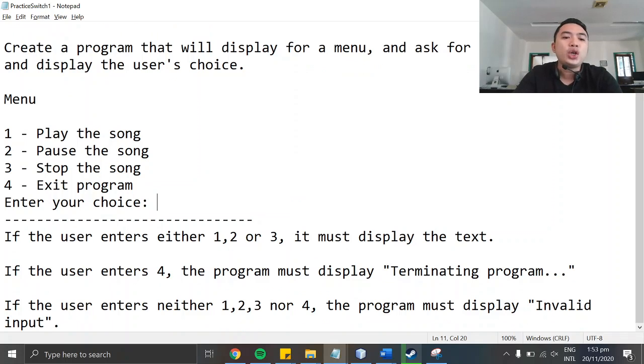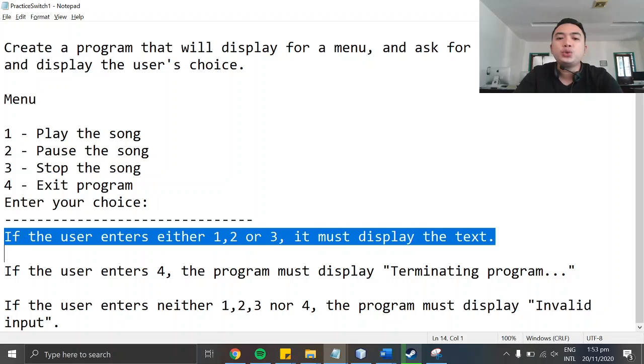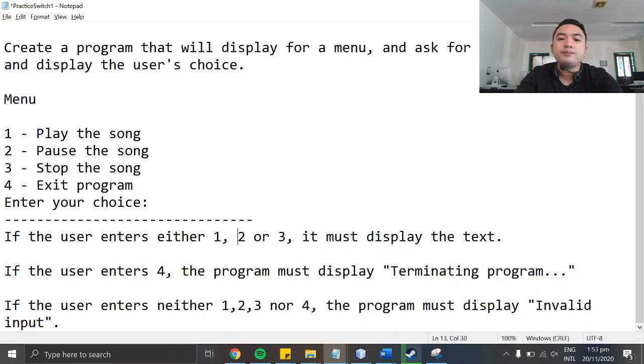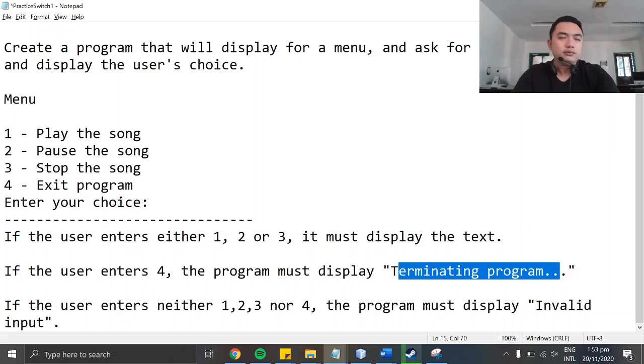So if the user enters 1, 2, or 3, the program will just display the text. So let's say, for example, the user enters 2, so it will just display the text, pause the song. So if the user enters 4, the program must display terminating program, this one.